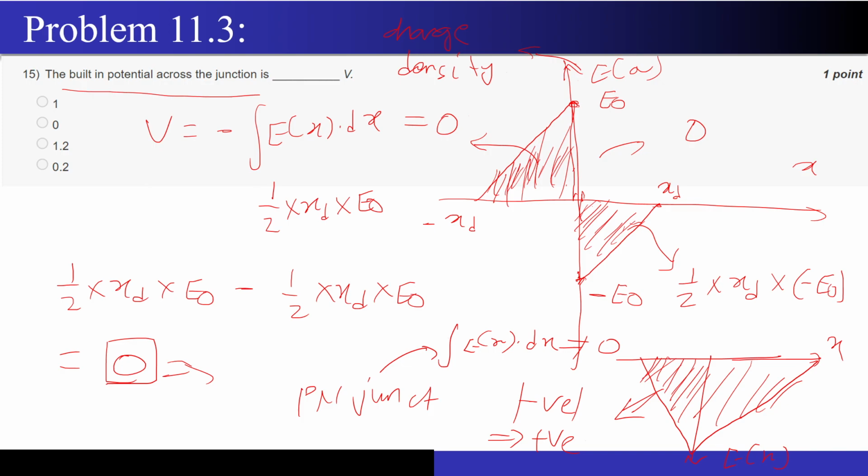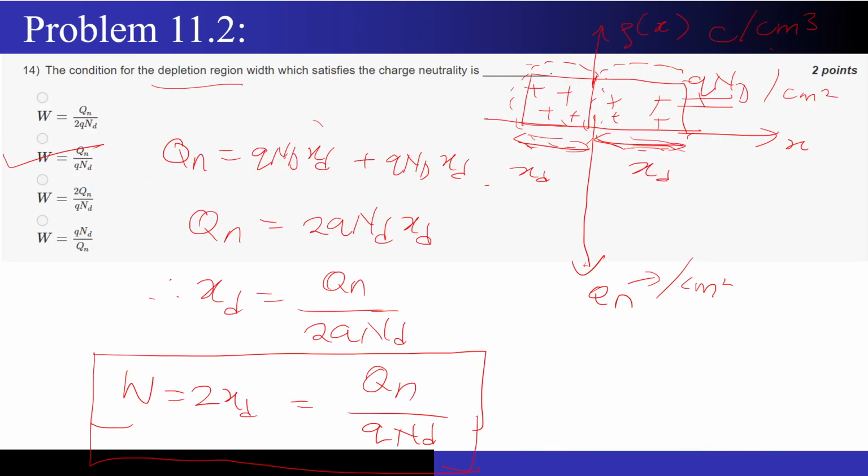But note that it has the depletion region. A conductor will never have a depletion region. If you make a diode out of this, it will be the best diode that you can design. But the problem is it won't act like a complete metal, because you still have a depletion region, right? The metal does not have a depletion region, correct? So this was a unique question where you had the depletion region, but despite having it, your VBI came out to be 0. So of course, if you make a diode out of it, it will be the best semiconductor diode. But if you ask me whether it is acting like a metal, I would still say no.